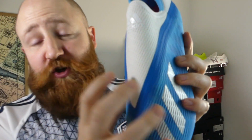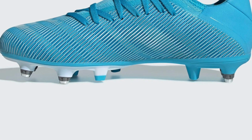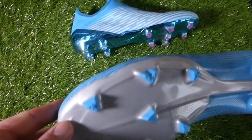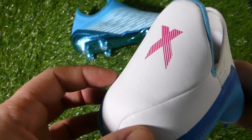The laceless system is made up with this white piece of mesh here. All that they've done here is taken the base setup for the laced version, taken the laces out, and added this white section, which is just a piece of mesh which has a plastic backing to it, which is what gives it the structure. Now, this has the same problem that all laceless boots have. It is not adjustable, you can't customize it to your feet,